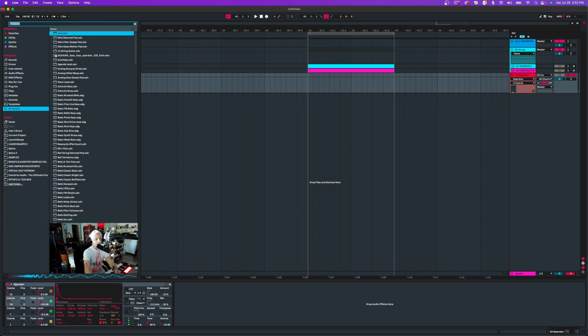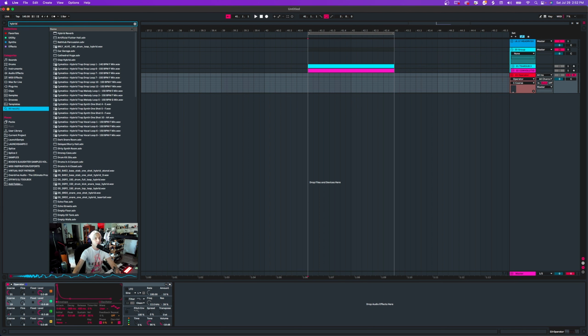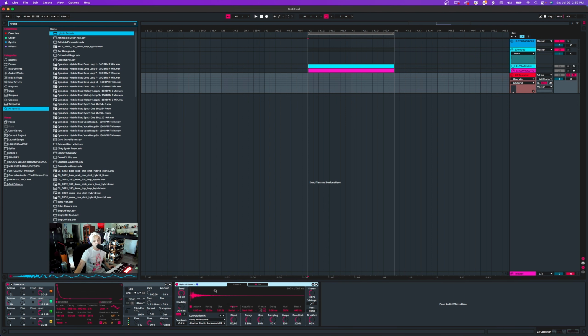Just see what we can get with some convolution. Also, for the sake of this, I'm going to be trying to use as many stock Ableton plugins as possible. Sorry, FL users. Let's try grabbing some textures. And we'll turn this to convolution. Turn the decay down. Up the wet. In a sense,